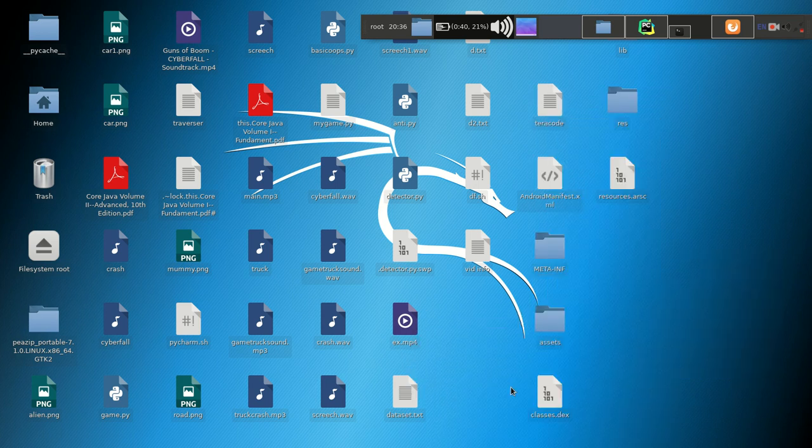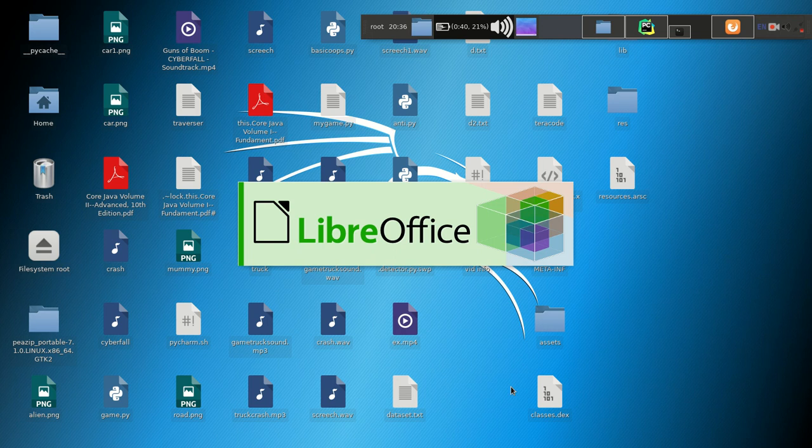LibreOffice Calc. Actually my PC is a little bit slow, and also I'm running Kali over it.